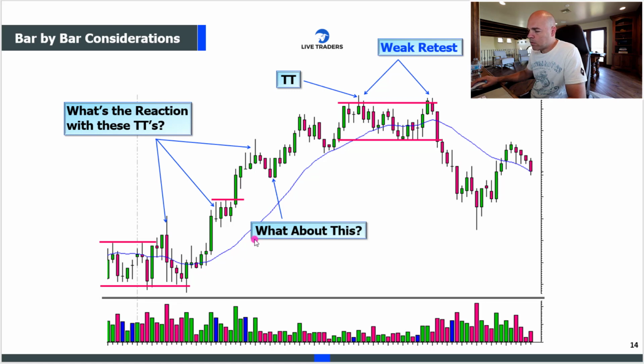Okay, this is a 20-period moving average. It moves above the moving average. And what happens? Topping tail. What's the reaction? Overlapping slop. But here's the difference. This topping tail didn't go significantly lower. Buyers came right back in. Sellers came in, buyers came in. So this is a little bit of a better entry above this pink line, because now you have a tug of war where the buyers are looking stronger than the sellers, because after this wide range green bar, you get